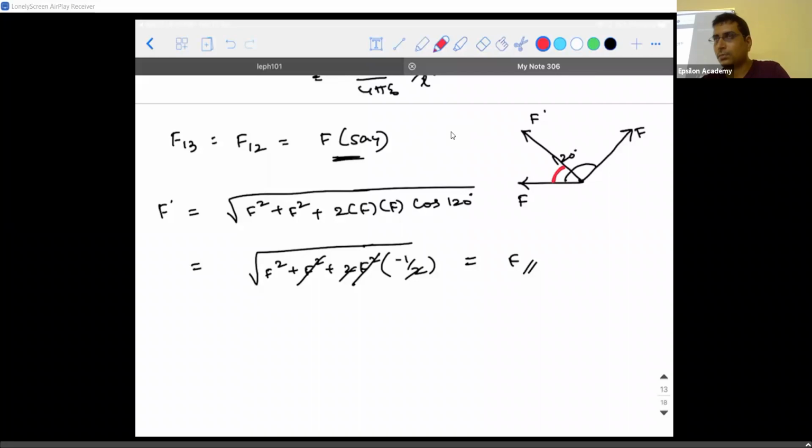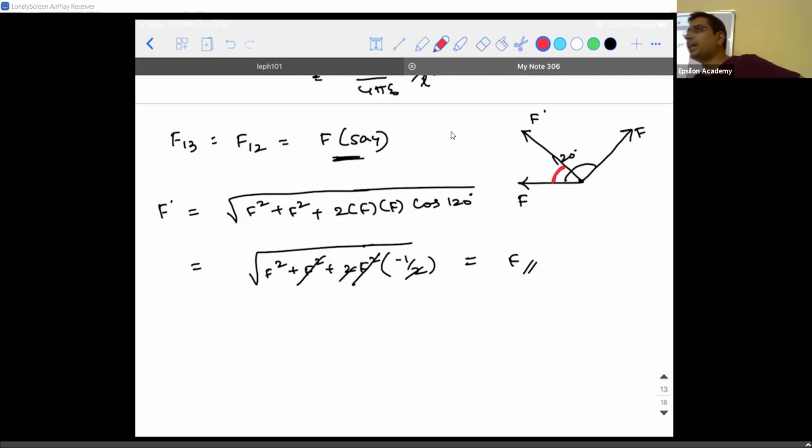Do you guys remember the formula? Tan alpha is equal to b sin theta over a plus b cos theta, right? So you need to do that when you have vectors of two different magnitudes. Here there is an important rule, please make a note of it. I'll be using this rule in the further derivation also. Please make a note, guys, on the other side also. If two vectors of same magnitude, I repeat, if two vectors of same magnitude are acting at a point. So what do I mean by acting at a point? They are co-initial vectors, okay?